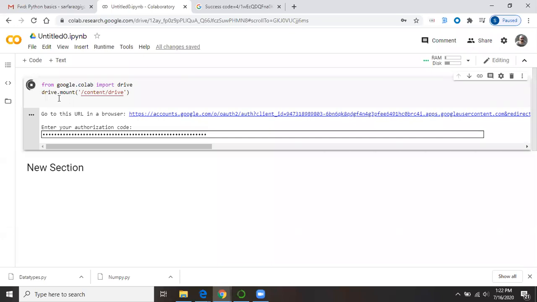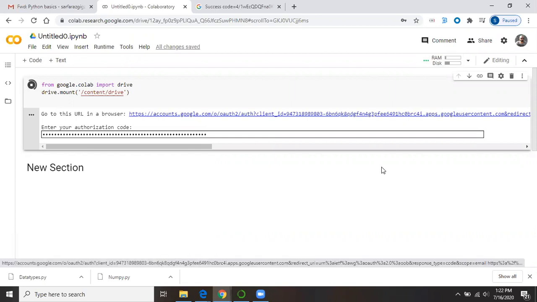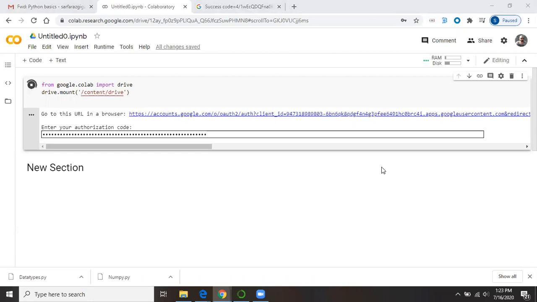Three dots are showing in green. Suppose it's taking some time because there is a lot of data in your drive.